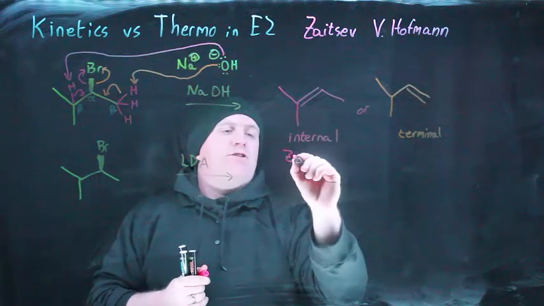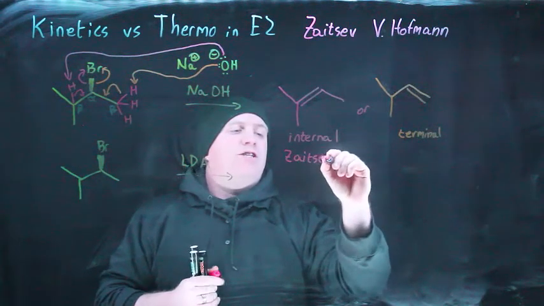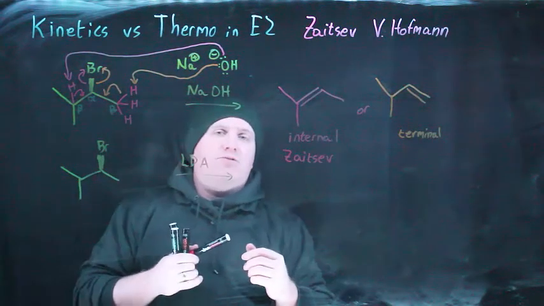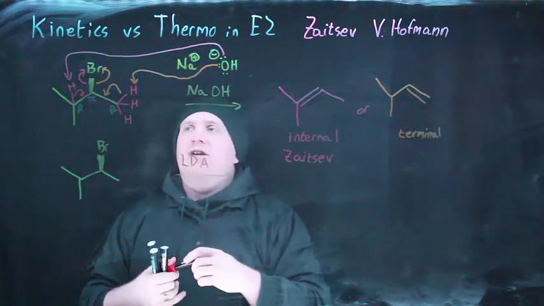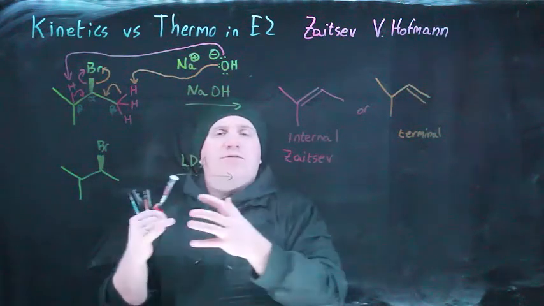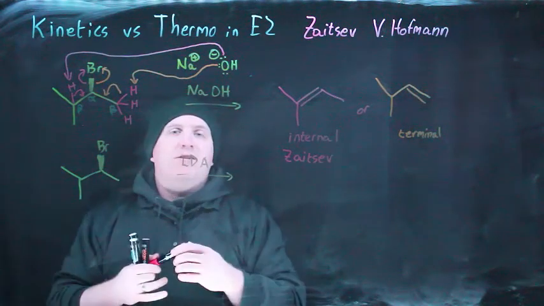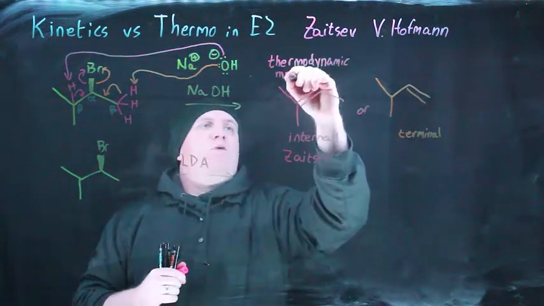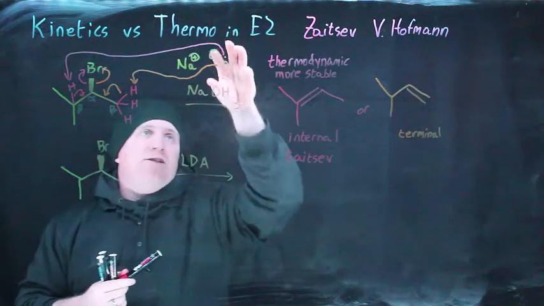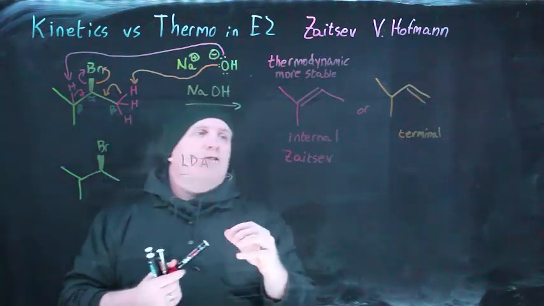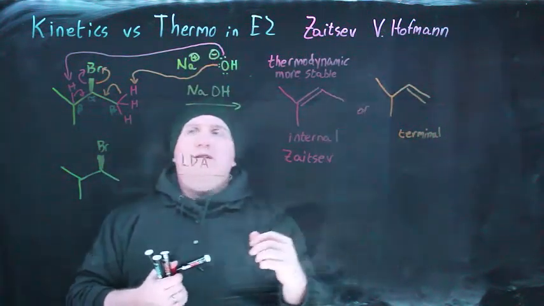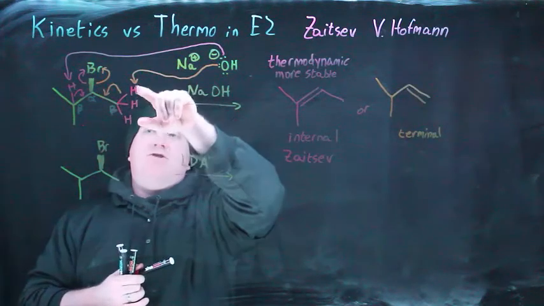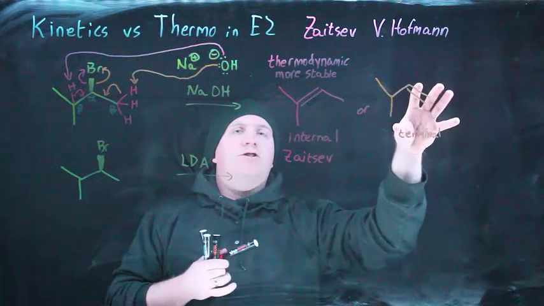A Russian guy at the turn of the century who was doing a lot of elimination type reactions realized that leading to the more substituted product is the thing that would happen, especially if you had the chance for a relatively weaker, relatively milder base to do the abstraction. This was the preferred thermodynamic outcome. This is the more stable product. And so if you have a relatively weaker, relatively milder base doing the abstraction, you're going to make more of this product just because it's lower in energy. Even though there's three chances to abstract one of those hydrogens, it's harder to do that,